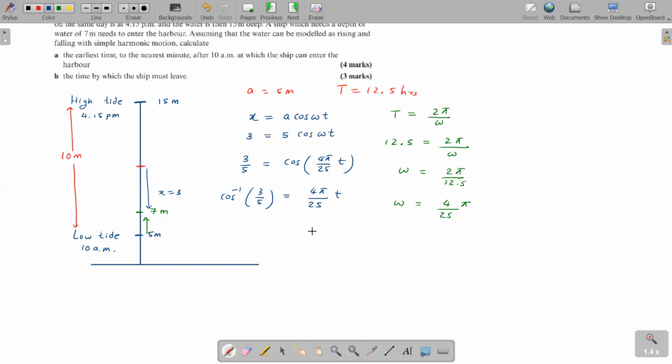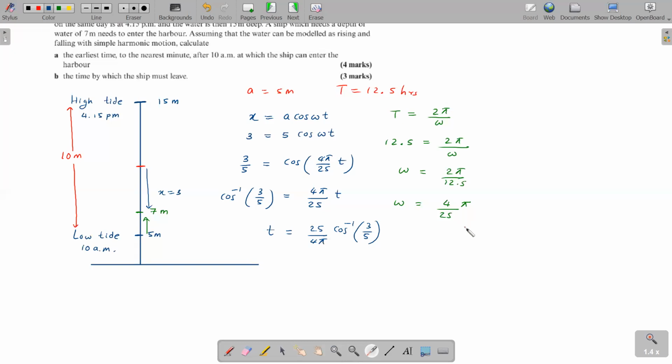So basically, let me make T the subject. Let's get the answer. T equals, the 25 will come to the top, 4 pi will come down, into cos inverse 3 over 5. Guys, can you see what I did over here? 25 came to the other side as a multiplication, 4 pi came as a division. So 25 over 4 pi into cos inverse 3 over 5. This is the time. Type the whole thing in the calculator and you will get the time taken in hours